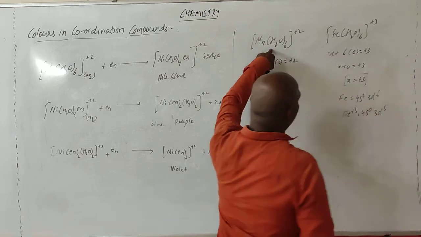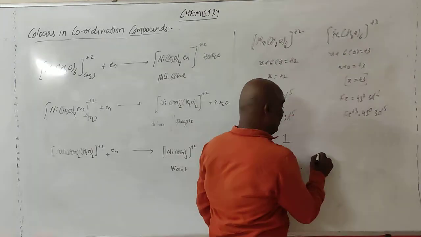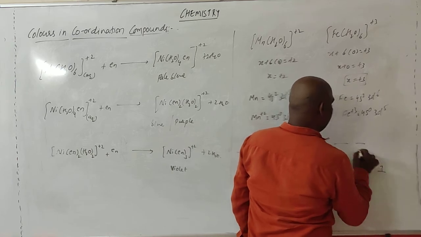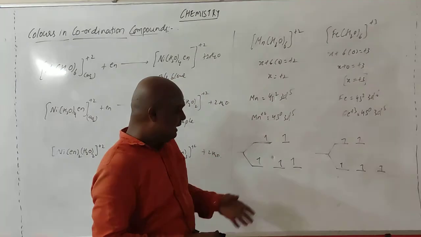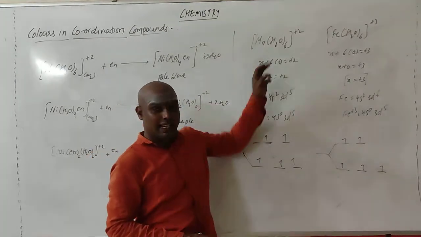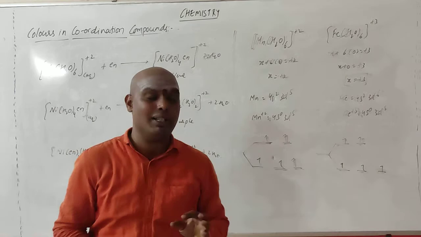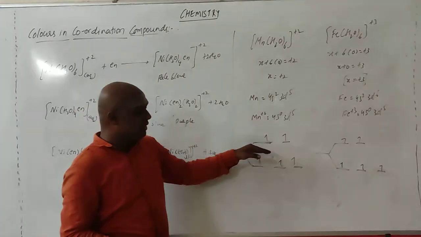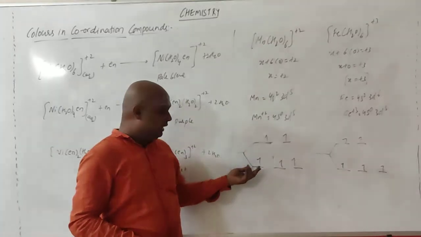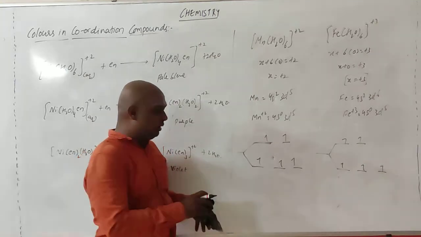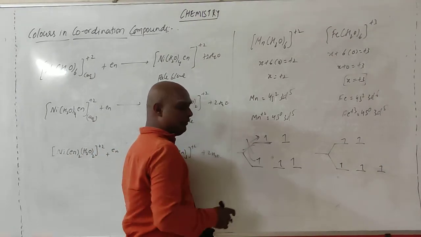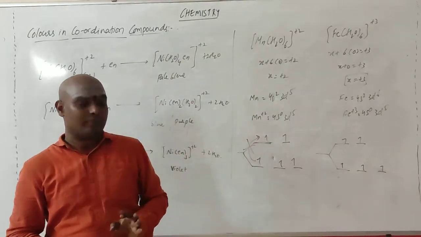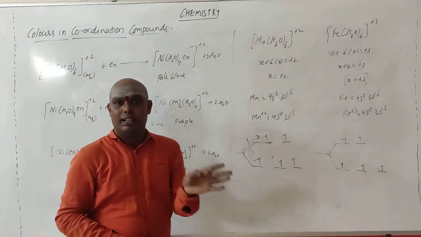See here, weak field ligand. Here also weak field ligand. So what happens? The arrangement is like this. See this molecule. This is a weak ligand. What I have said is, weak ligand means the energy gap will be very small, so it absorbs some sort of light and gets excited to the upper level. But in this condition, if you provide some energy to the electron, shifting to the upper level is forbidden. The electron shifts into the upper orbital only when it is empty. If one electron is already present, it will not be excited.